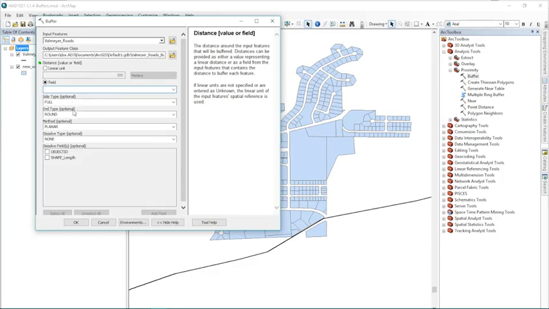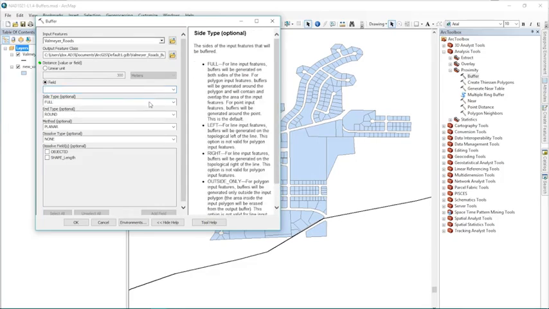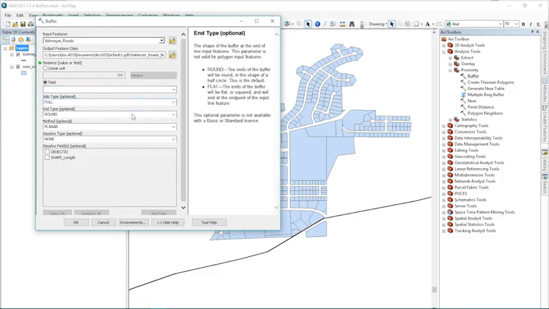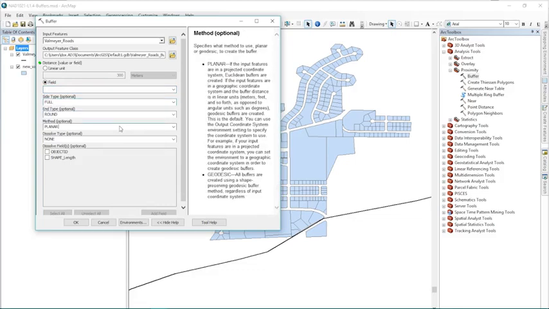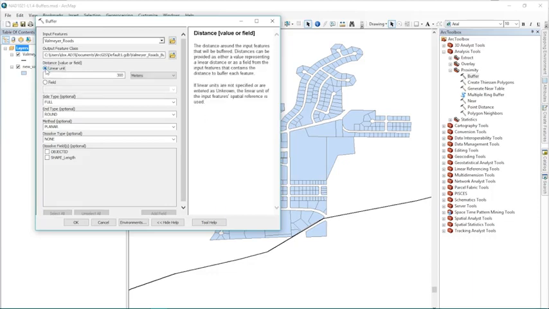We have a number of other options down here to refine our buffer. We can select which side of the features to buffer and how the ends should come out, and then the method, whether we're using the geodesic distance or the planar distance. So this was basically equivalent to, are we doing it on the geographic coordinate system or the projected coordinate system, with potentially different results. So let's switch this back to 300 meters, and then I'm going to click OK to